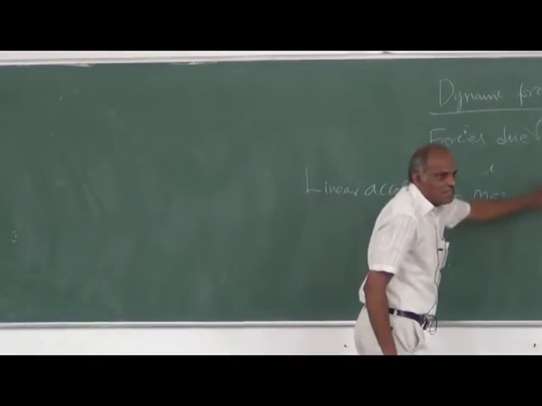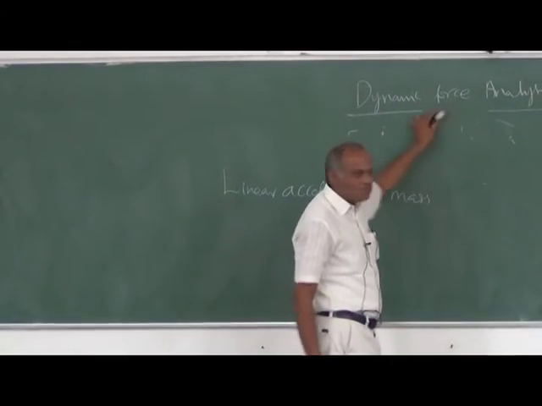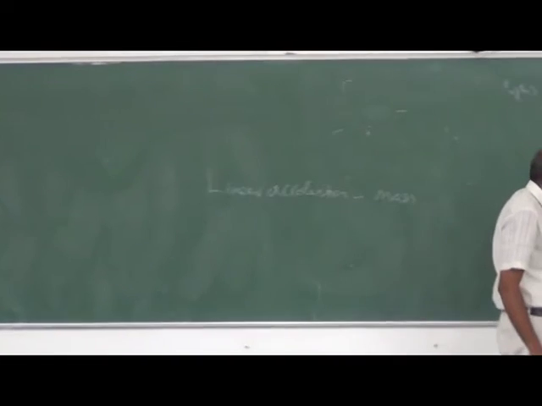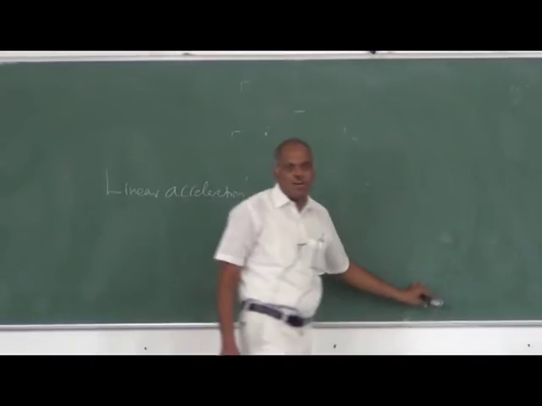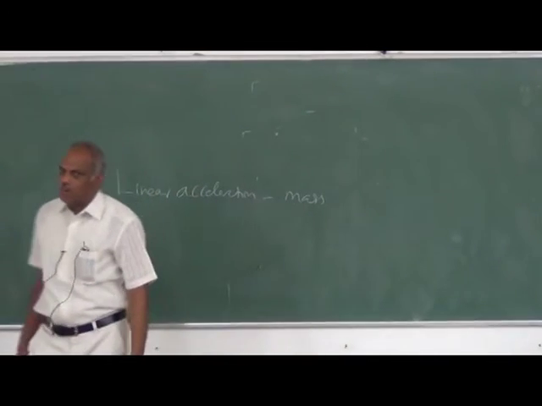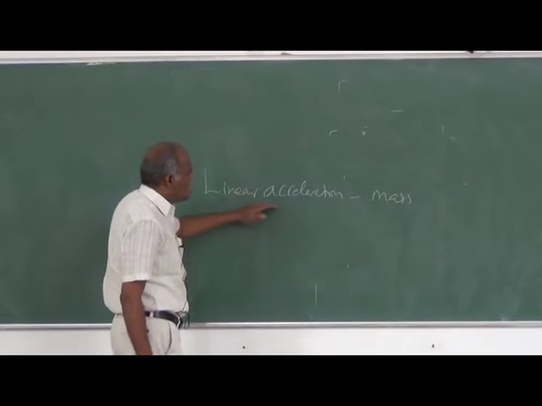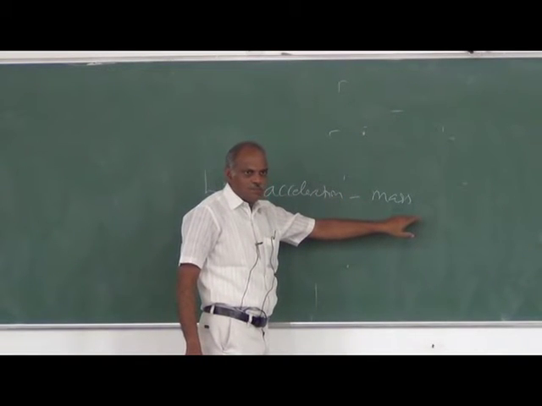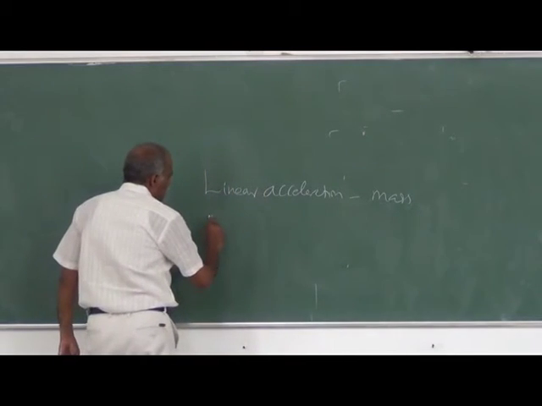So you know that if an object has more mass, then it has more inertia. Take a 1 kg mass and a 2 kg mass: the 2 kg mass has twice the inertia compared to the 1 kg mass. So that is the quantification. For linear acceleration, the inertia is quantified by its mass. For rotational acceleration,